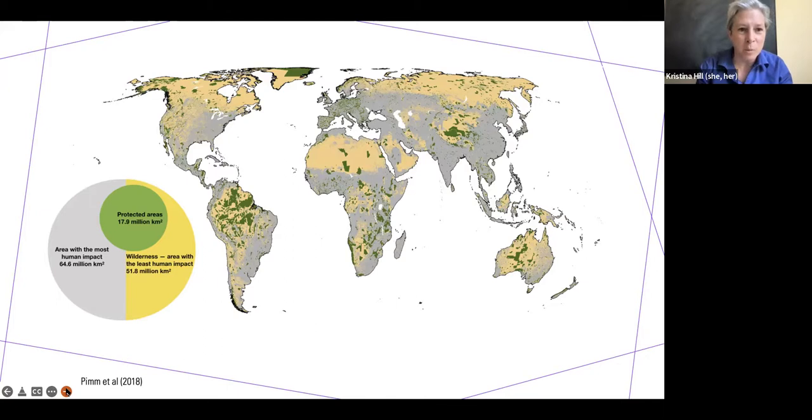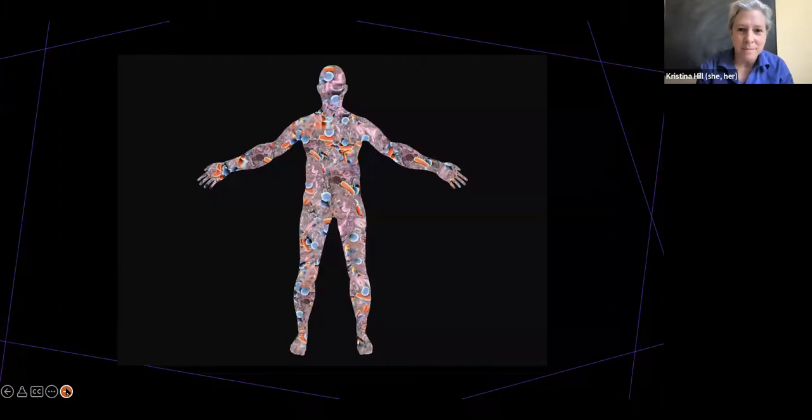We have to imagine humans living in these yellow and green areas as well as the gray, but maybe not with extractive market-based industries. And as we go back to thinking about what it means to be human, when only 43% of your cells are actually human cells that support your body, you're literally being galvanized by biodiversity. The only reason you can live is because of this 57% of your total number of cells,